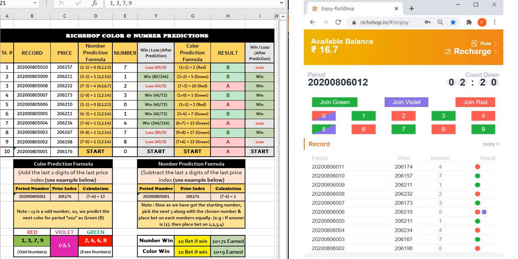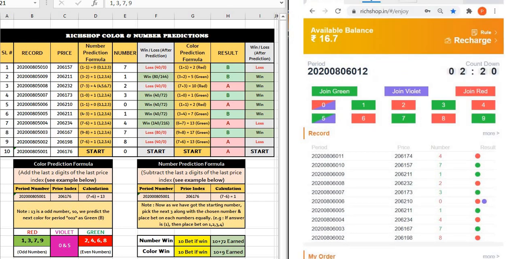So let's quickly start. On the right hand side, you can see the Richshop original portal, and in the portal you can see the period starts from 002 and it finishes at 010. So let me highlight it a little bit to get a clear picture for you guys. I hope this color is going to work out. So what you're looking at here is the period number. The period number is basically the date, month and year. So on the left hand side you can see 002 06 08 2020. That means 6th of August 2020, and the game number